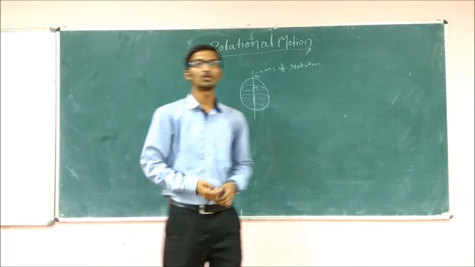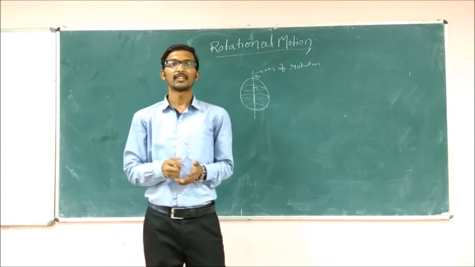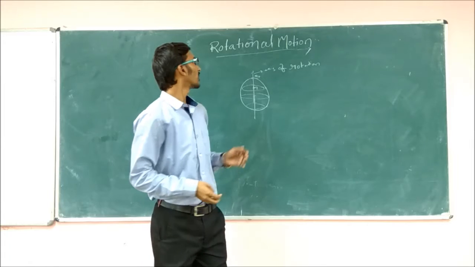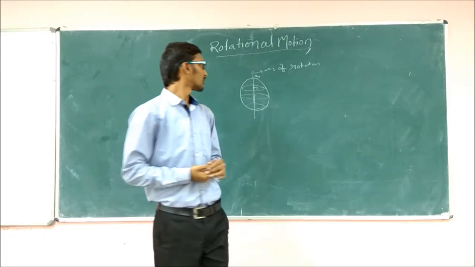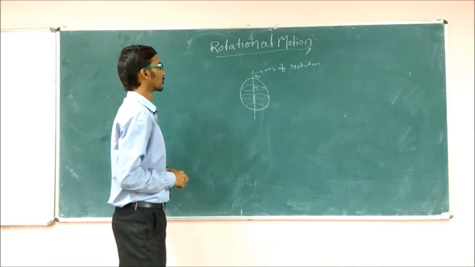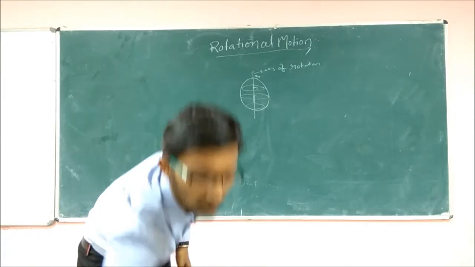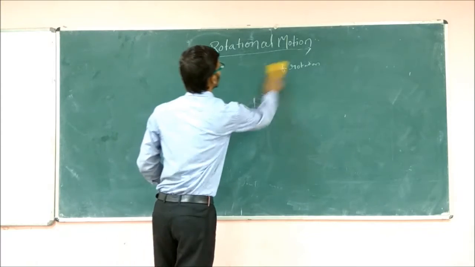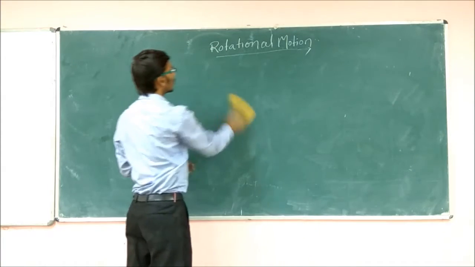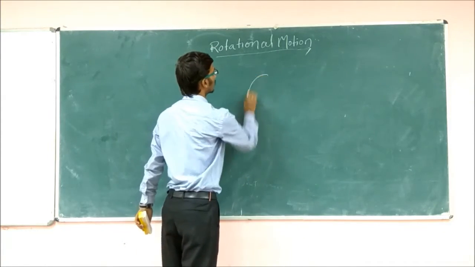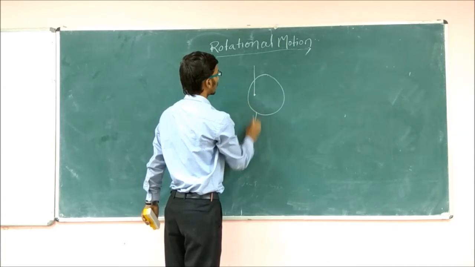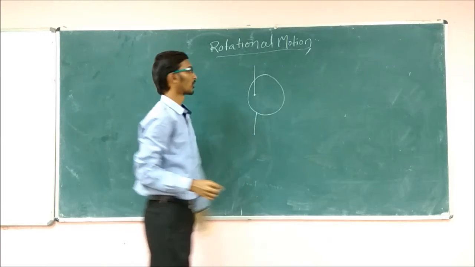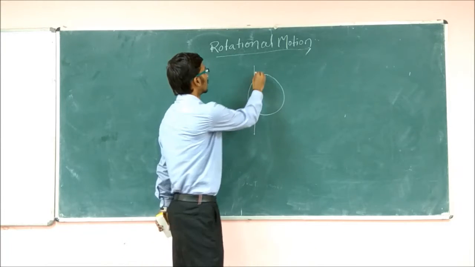In translation motion, we have studied first kinematics and then the dynamics. Similarly, we will study first kinematics in rotational motion and then the dynamics. So first we will study kinematics of a rotational motion. To study it, consider a body moving in a rotational motion. For example, take a body whose axis may be a vertical line passing through some part of the body,